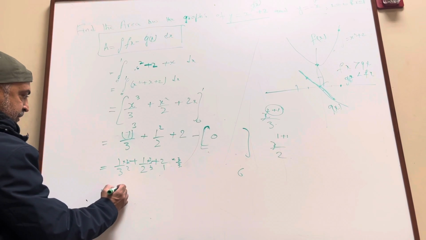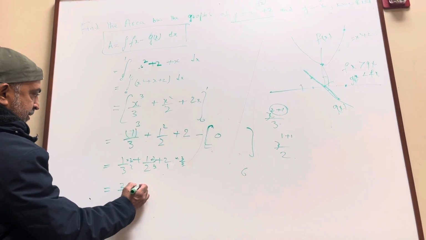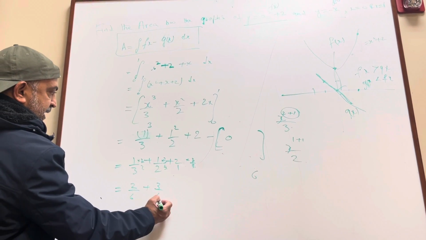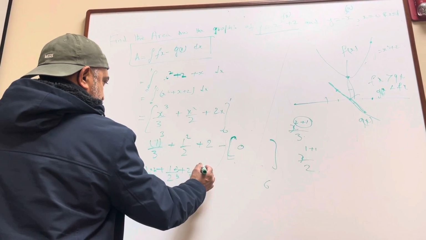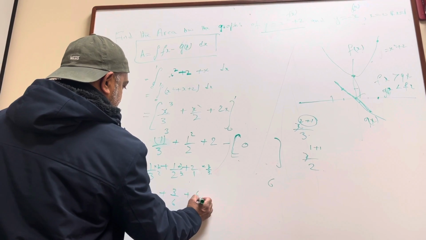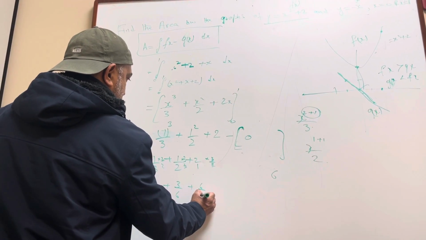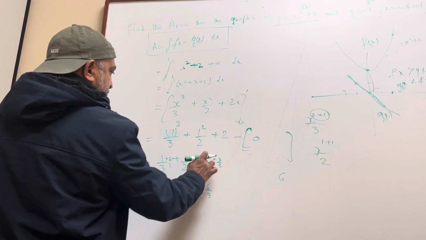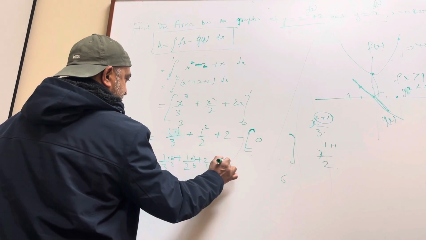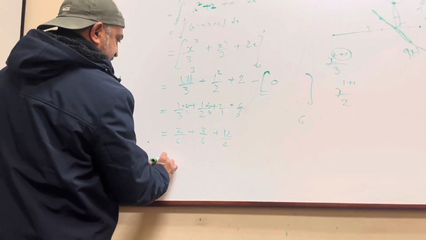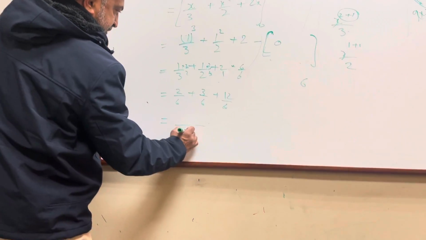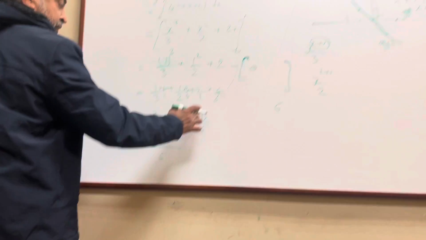So 1 times 2 will be 2 upon 6, plus 3 upon 6, plus 2 upon 1 times 6 by 6, so this one will be 12 upon 6. When the denominators are the same, we can add the numerators: 12 plus 3